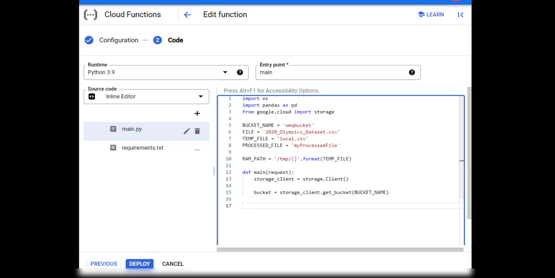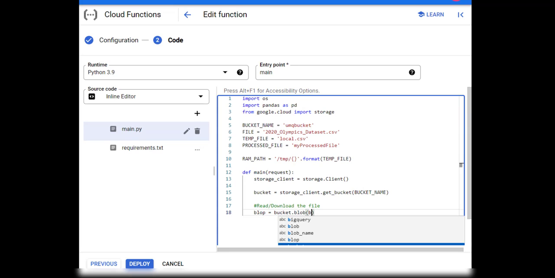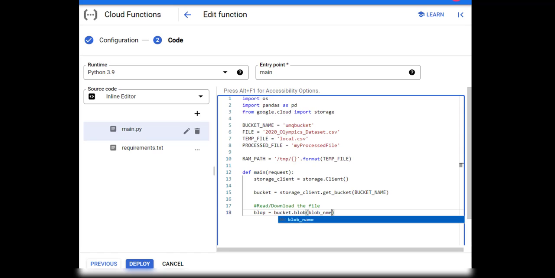Next, we have to download or read the file. For that, let's make a blob variable. Let's call it blob equals to bucket dot blob, name, and the blob name is this, our file. This is our blob name. This is what we want to download from there. Blob name is the file name,